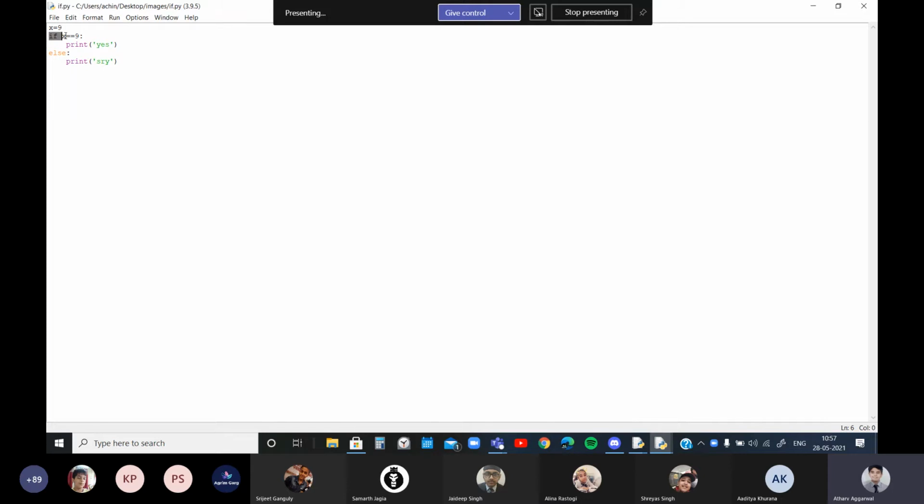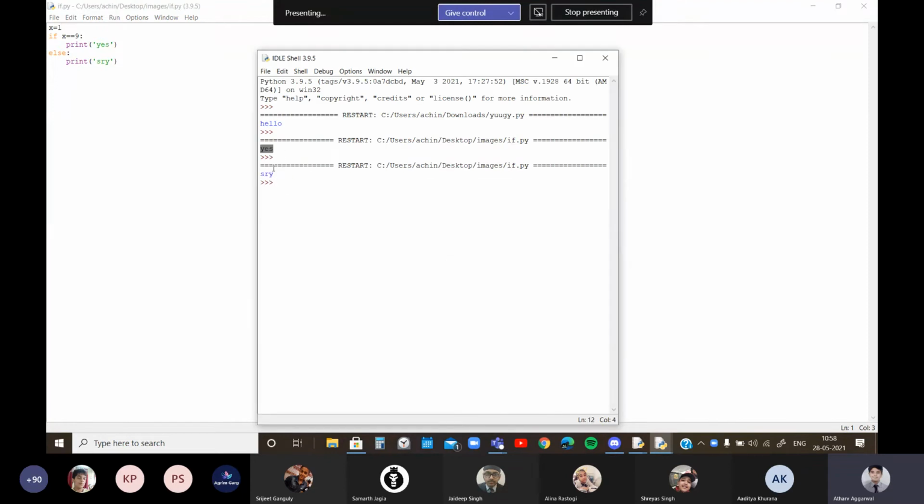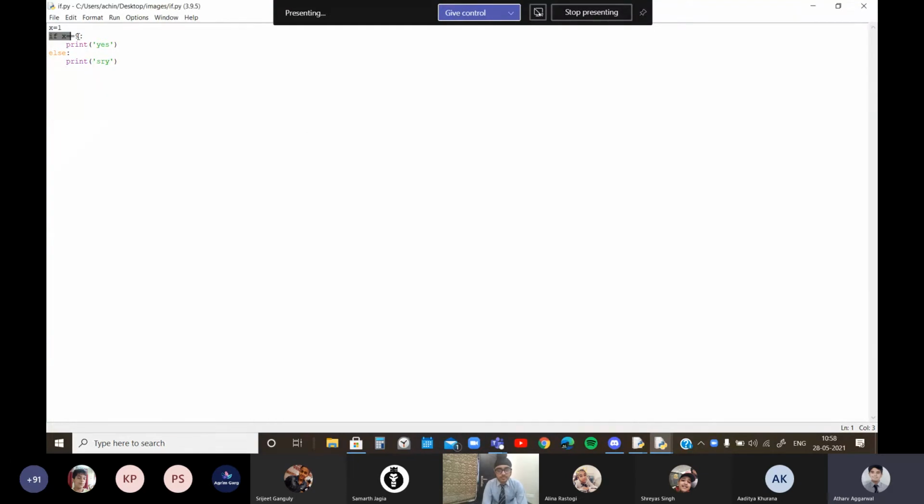When the if statement works, it will check whether the value of x is 9. If the value of x is 9, then it will print yes, or if the value is like 1, then when we run the command, it will show us sorry, because this time we want the value of x to be 9, but here we have put the value 1, so this condition will be false and the else command will work.